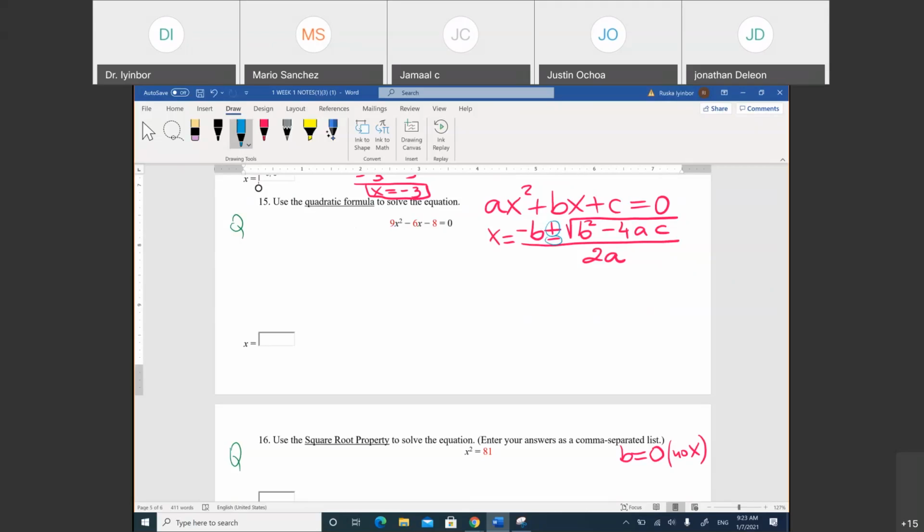So let's start with finding A, B, and C first. Looking at my equation, A is always the number in front of x squared, B is always the number in front of x, and the number goes with the sign before, so it's going to be negative 6. And C is the number with no x. So I'm going to write it down first. So A is 9,